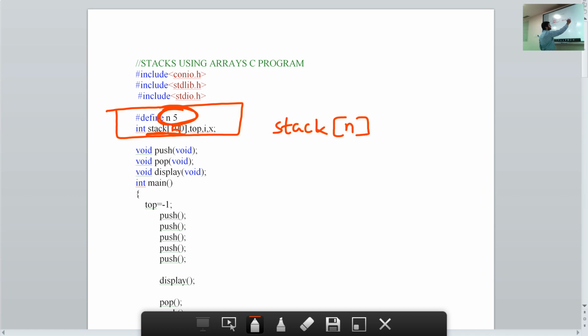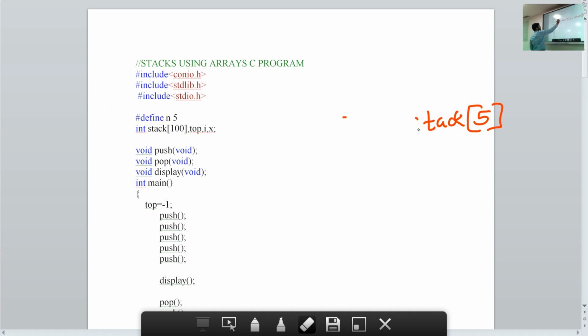Both ways would have been fine, or you could have defined one big value to store all the values that you are inserting in the stack.